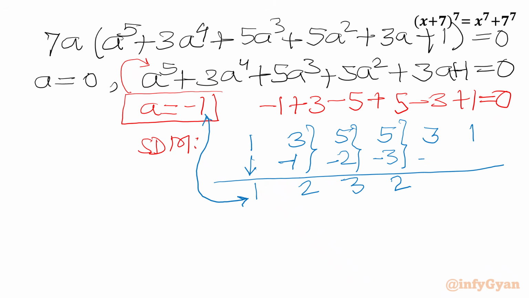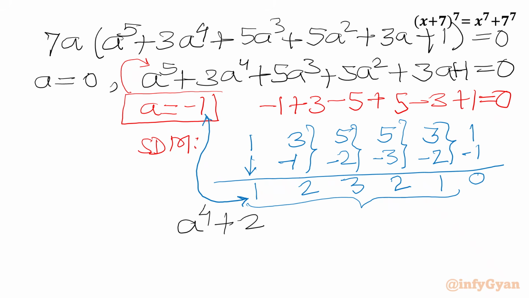-1 times 2 is -2. We will add these two and write over here 1. -1 times 1 is -1. Addition will be 0. So here we have coefficients for degree 4 equation. Let's write the degree 4 equation: a power 4 plus 2a cube plus 3a square plus 2a plus 1